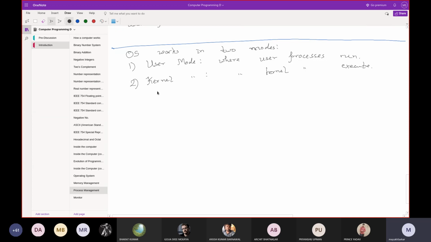So OS works in two modes. When OS starts, it is in kernel mode.